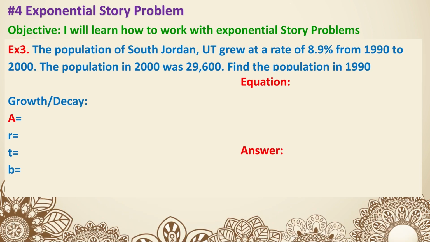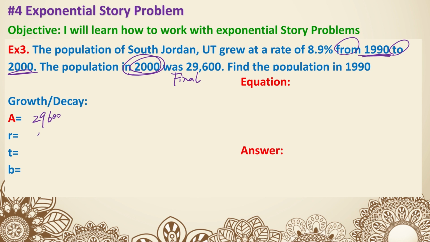Moving on, example 3. The population of South Jordan grew at a rate of 8.9% from 1990 to 2000. The population in 2000 was 29,600. Find the population in 1990. Here's the tricky thing about this question. It's from 1990 to 2000, and you are given 2000. So you are given the result, or the final amount. This is not little a, not your initial value. You're given the capital A,